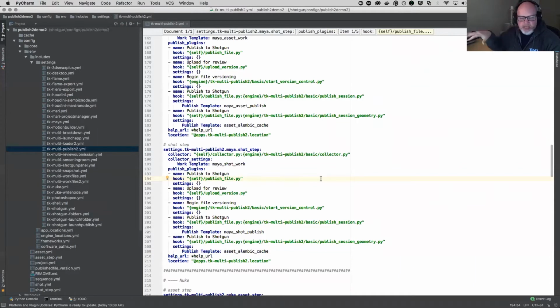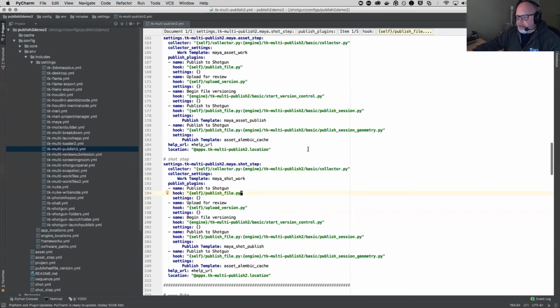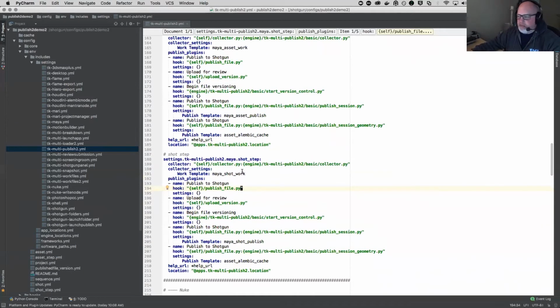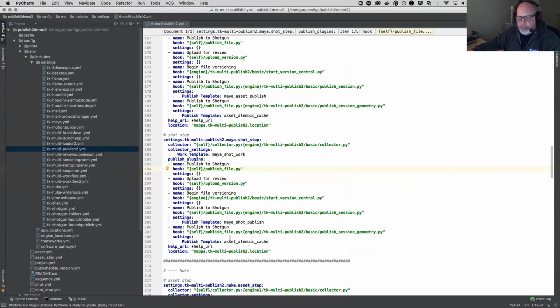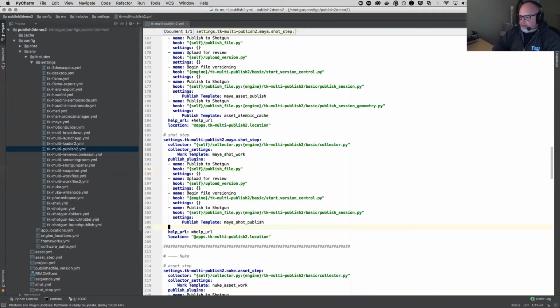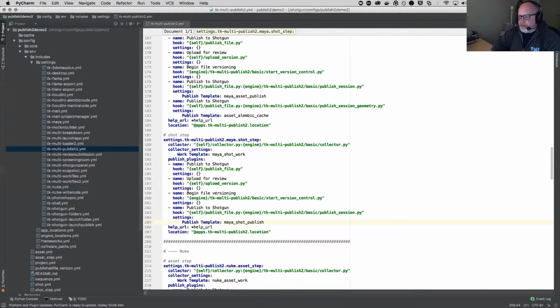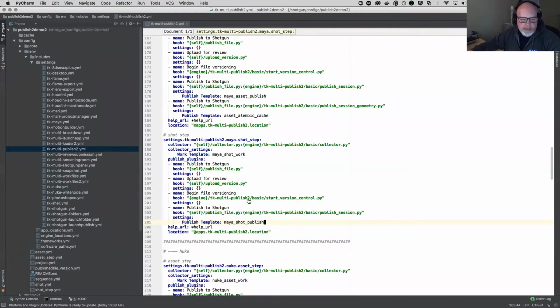And I'll get to an example of this when we start customizing the actual code, but the same collector is configured in both scenarios. It's collecting a bunch of stuff, and in different scenarios, depending on the published plugins that you have configured, some of those will kick in and some of them won't, depending on your workflow. So it just is a nice thing that's in there as well. So I'm going to undo that change, get back to our default state here,